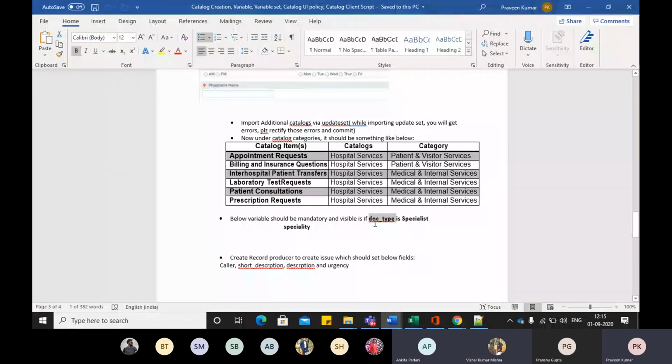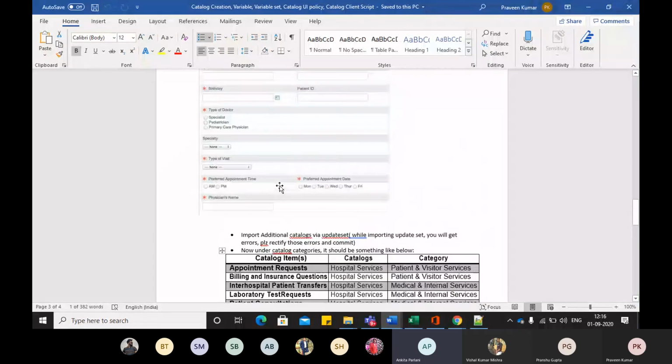Praveen, yes, we have this variable, the field document type, and we need to make some variables mandatory. Here it is written that below variables should be mandatory. Which variable are we talking about here? Acha, we have seen the condition, doc type is a specialist, but which variable?